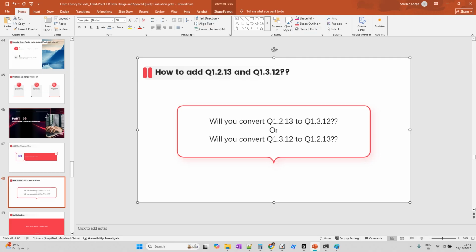The answer is whichever has the highest range bits, because that will be the biggest number, right? So we have to convert this to this one. How will you convert this to this format? You will right shift this by 1. Then it will become like